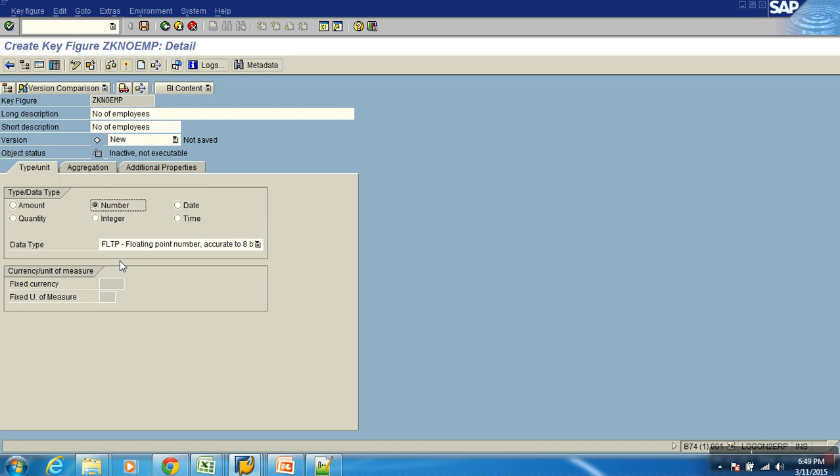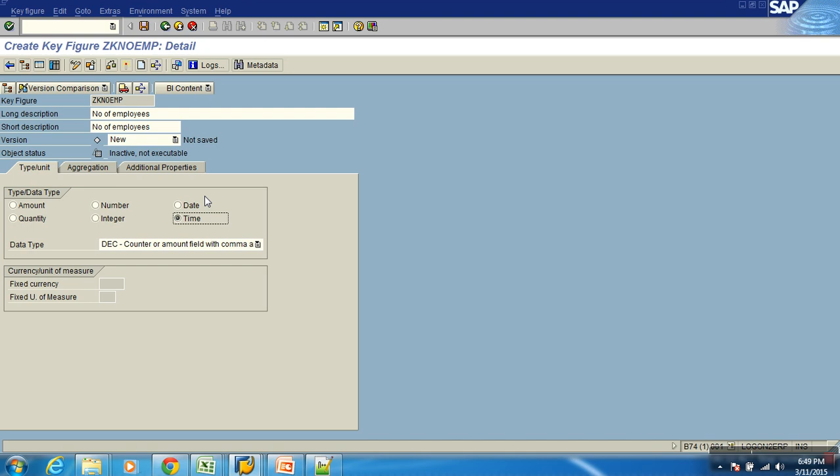When I say number, it's a pure numeric value with decimals, not associated with any currency or unit. Like a sales tax percentage, say 12.36. I have a number with decimals, but there is no unit of measure or currency for it. Those kinds of key figures we go with number. If you want a whole number without any decimals, then you go with integer.